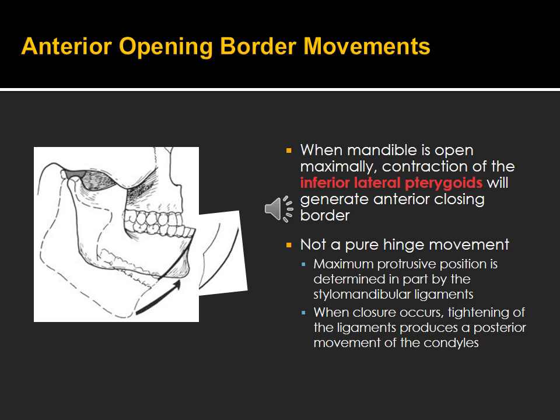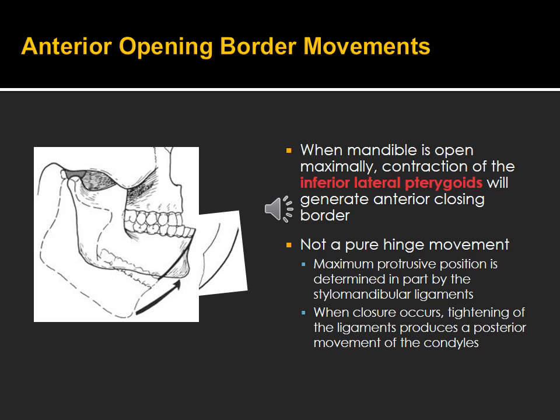So we are going all the way back, but not in the same way on the posterior opening border. It is more protruded. The mandible is protruded. The mandible is anterior to the maxilla in this path back, okay? So it is not a pure hinge, because part of it is a translation, and the mandible will start to go back to its position, okay? And again, ligaments will start to produce posterior movement of the condyle. So there is a translation back, and then there is a pure rotation again to bring everything back to normal